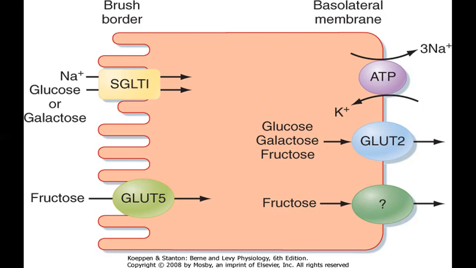of these molecules. But remember, we said that the sodium glucose transporter 1 is only transporting glucose and galactose. But what about fructose? There's another channel that will facilitate movement of fructose. So we have the GLUT5 channel. The GLUT5 channel is the one that is responsible for internalizing fructose. So fructose will move via the GLUT5 channel into the enterocytes, then it will move via the GLUT2 channel into